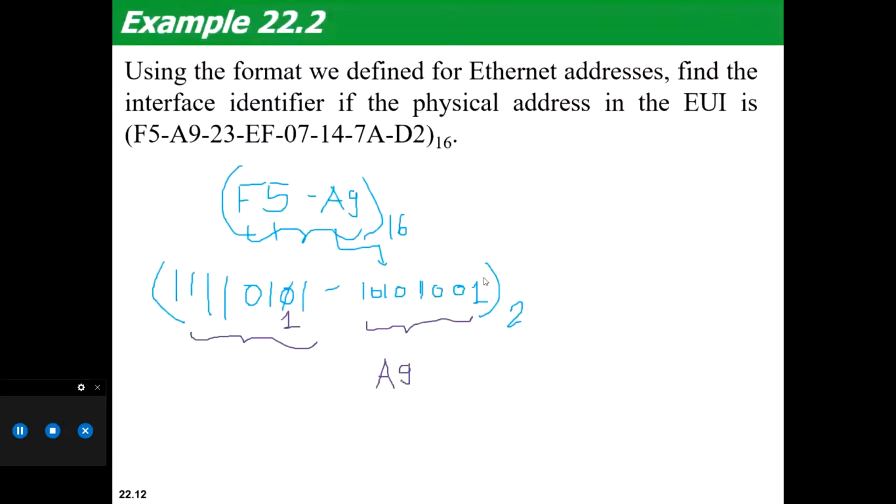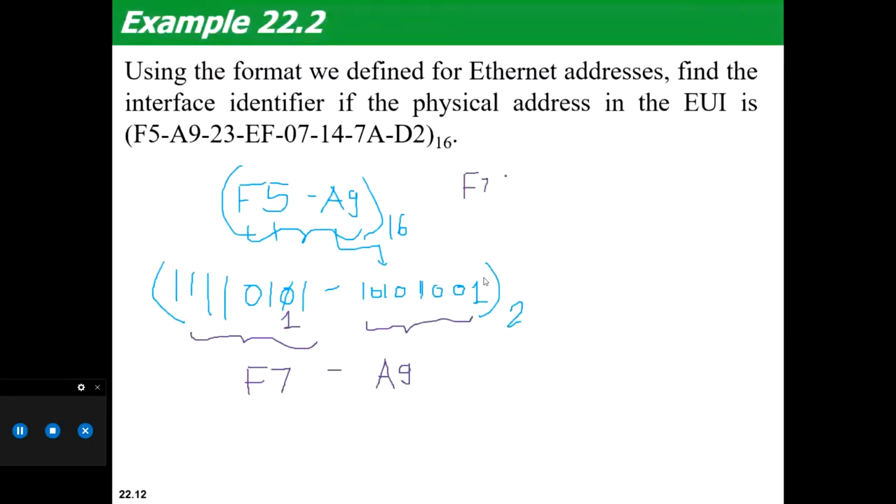Yes, Archit. F7A9 हो जाएगा. F7A9. If the physical address in this UI is like this, then it would be F7A9, and the rest of it is as it is.